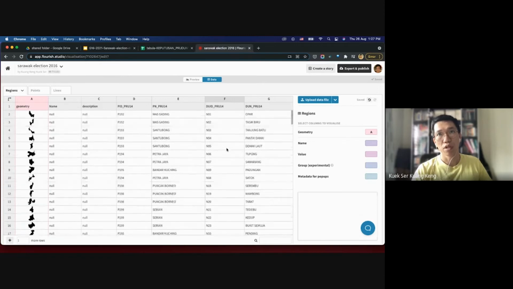So now, after we put in the data here, look at the menu over here. This is where we need to tell Flourish. Flourish will automatically detect that column A is the geometry. Geometry means the map, the shapes, the polygons. The name, we can give to each geometry, each shape. What is the name of that shape? So let's put